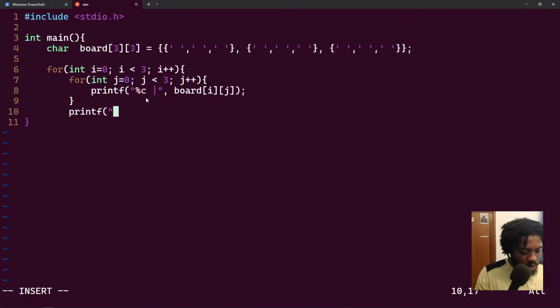So here's what we need to do. To print a new line, you do Control N. You do \n, and then go 2. Now the reason why I'm doing 2 is because 2 dashes is actually equivalent to 1 space like this. So I'll just use it like that, and then I'm putting another